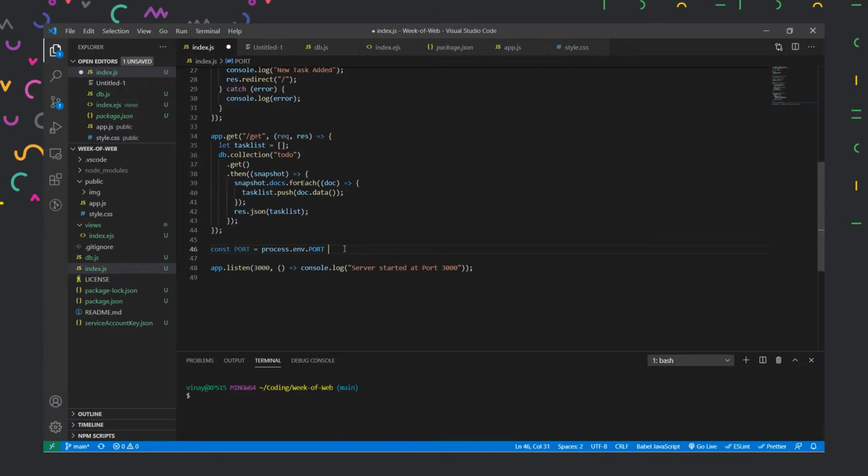Now if it gives false, that means our port is not defined, so we'll define a port here. We'll add an or condition here, and here we'll add port 5000. So let us have it at port 5000 today, and then we'll change the port over here. We are not defining it statically now.